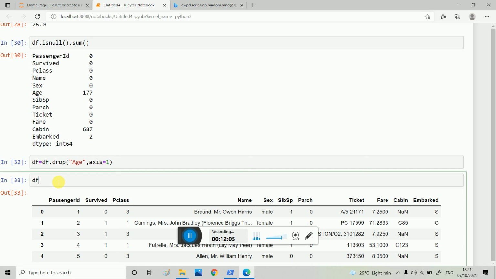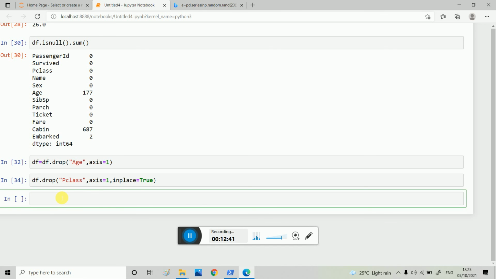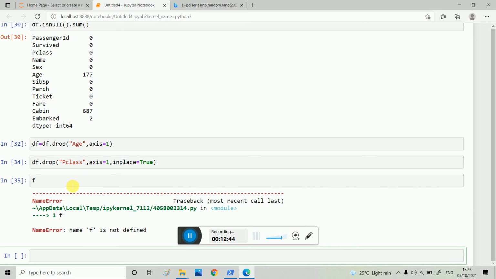For example, I write df.drop Pclass, and then I write axis=1, and I write inplace=True, and now I write df.